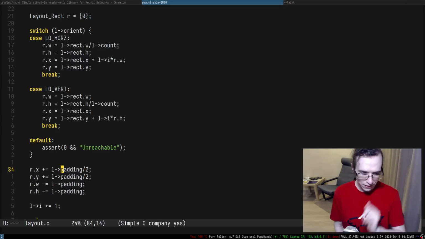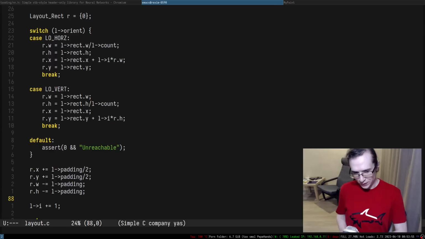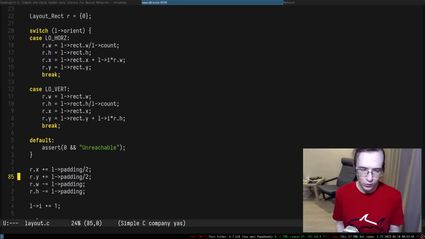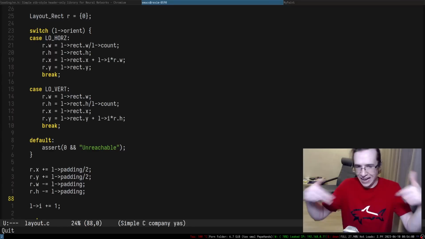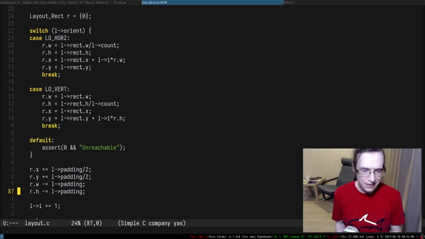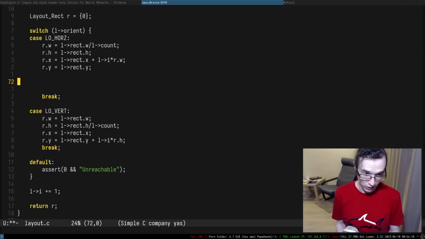Because the way we apply the gap depends on the orientation, we cannot do a universal thing anymore, right? The cool thing with this padding approach is that I can slap it after the orientation, and it's the same for both of the orientations, but now you have to do that individually for each orientation, fortunately or unfortunately, I don't know.